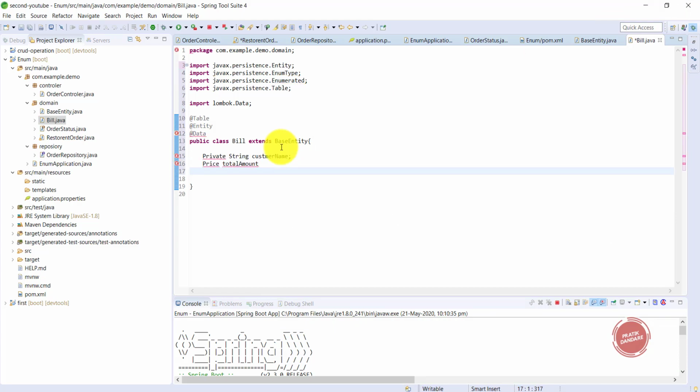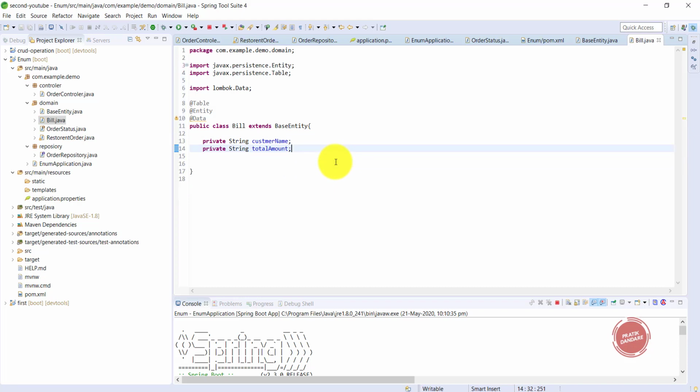So I want only these parameters. This is private, and it's a string. Again this is private. So that's how we created it. After creating it, I'm going to save it and run it once again, and let's check what happened inside the query.